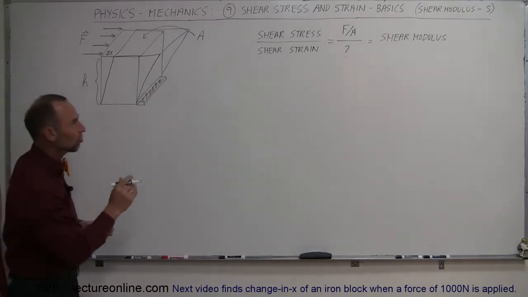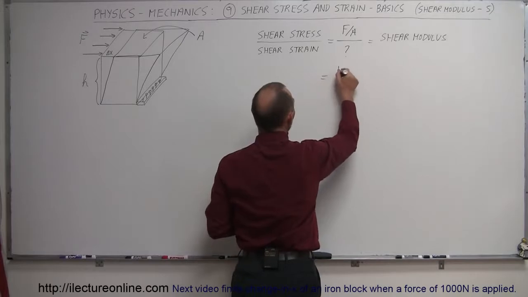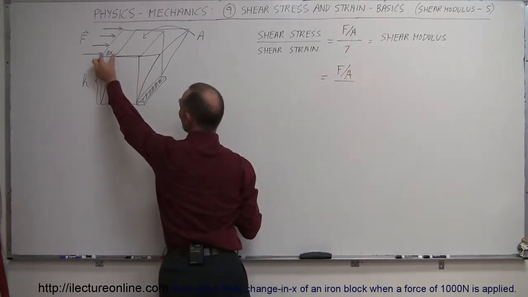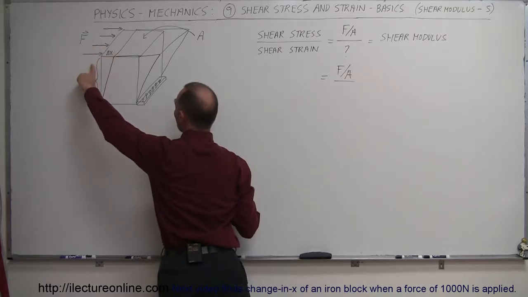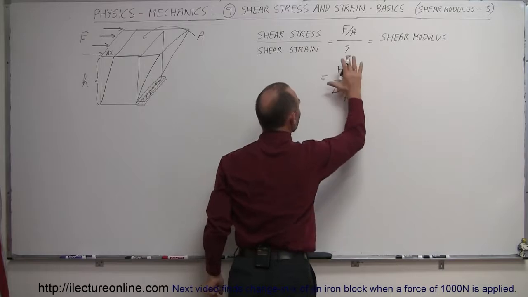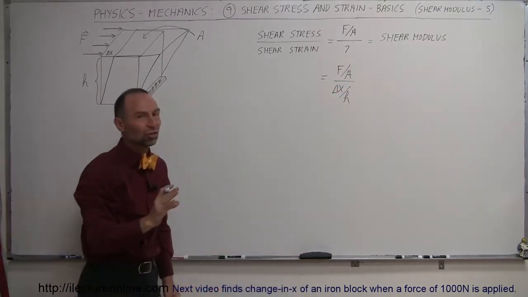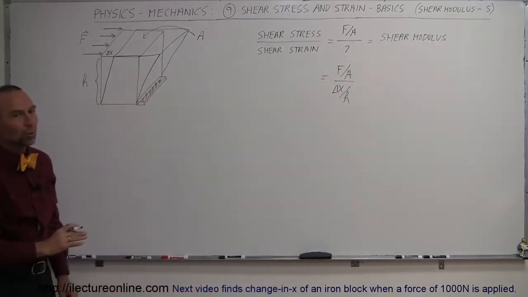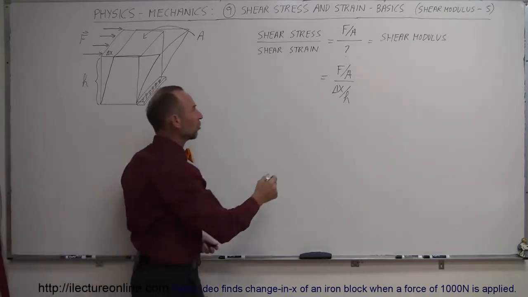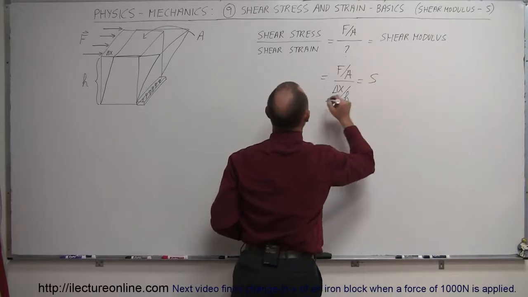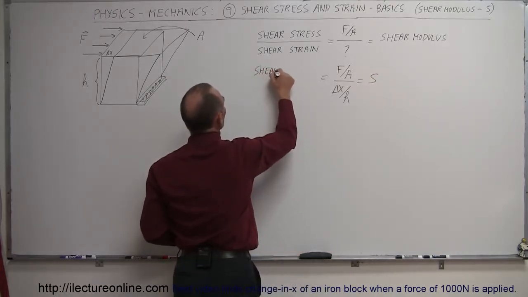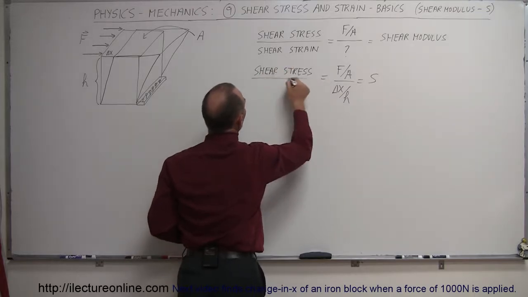So therefore, the shear strain can be defined as, you've probably guessed it, the amount of deformation in this direction right here as a function of the height of the material. So this will be delta x divided by h. And this here is the ratio of shear stress divided by shear strain, which is defined by the strength of the material as being called the shear modulus. So we're going to call this equal to S. And that's simply the ratio of the shear, and I'll write it down again,